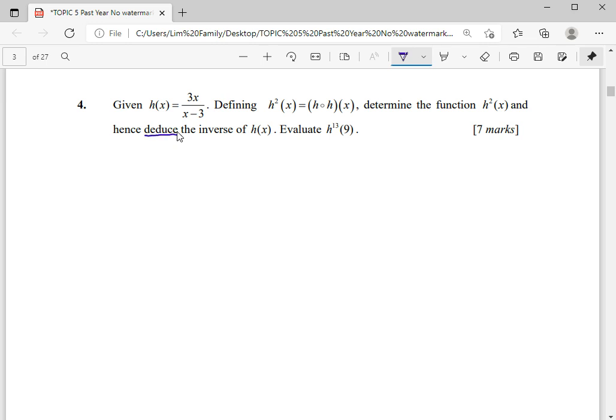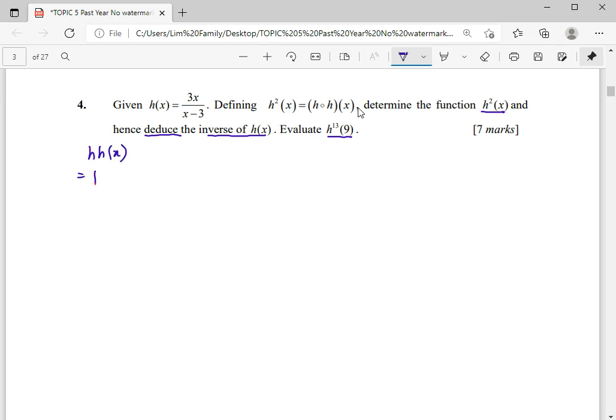We have to conclude what h inverse is, and evaluate straight away h composite 13 times for the value of 9. So we have three tasks here: 1, 2, 3 tasks. So for the first task, composite of